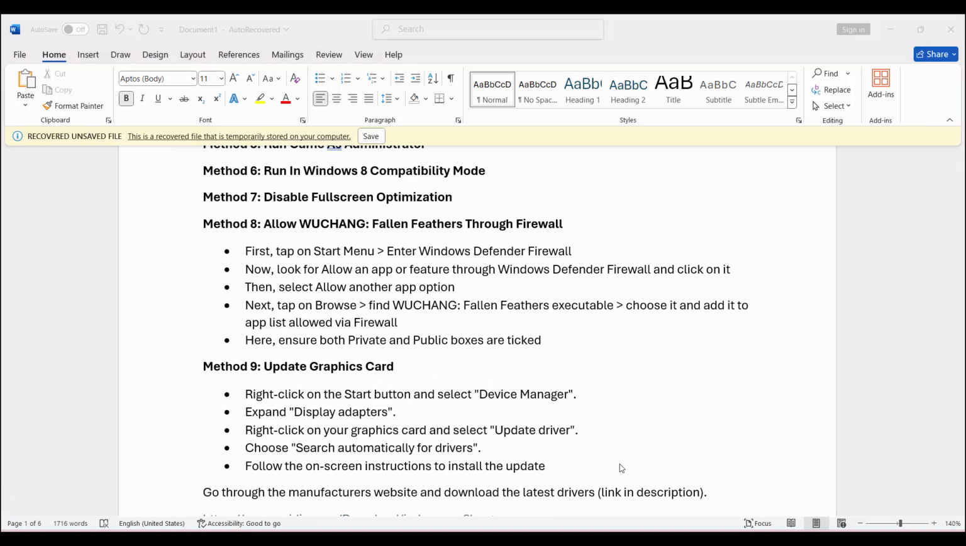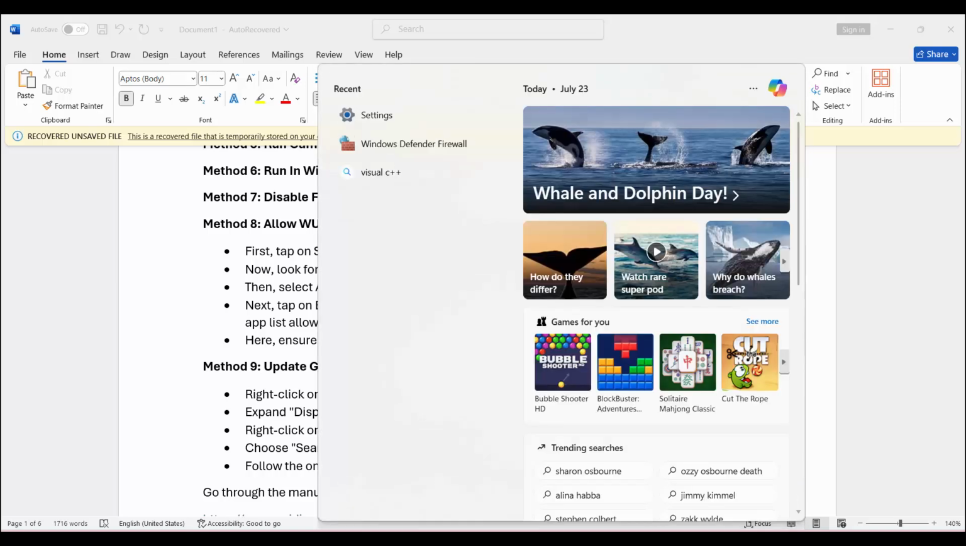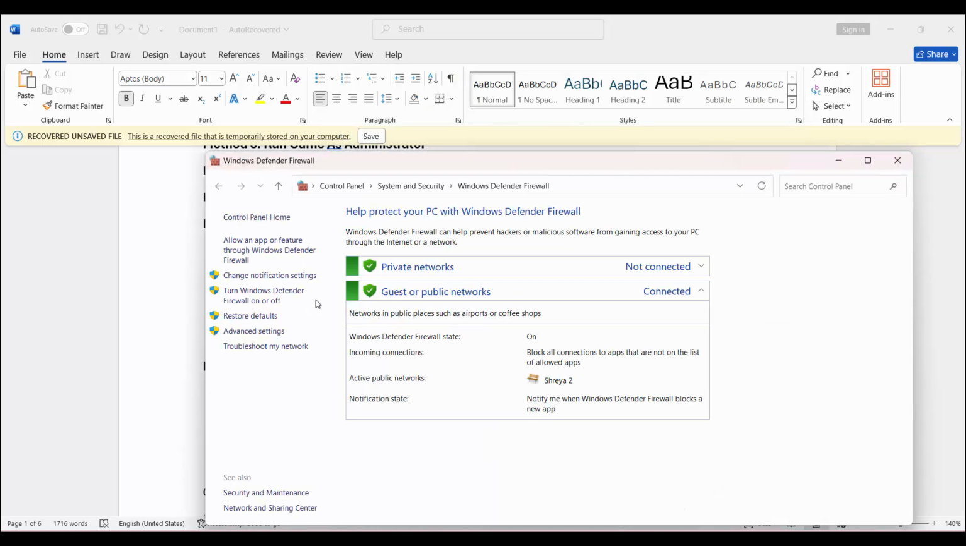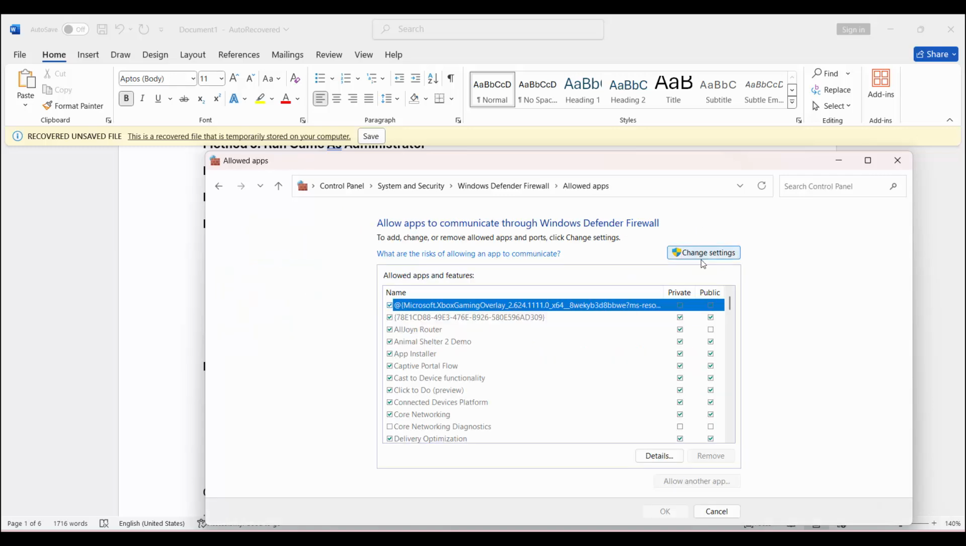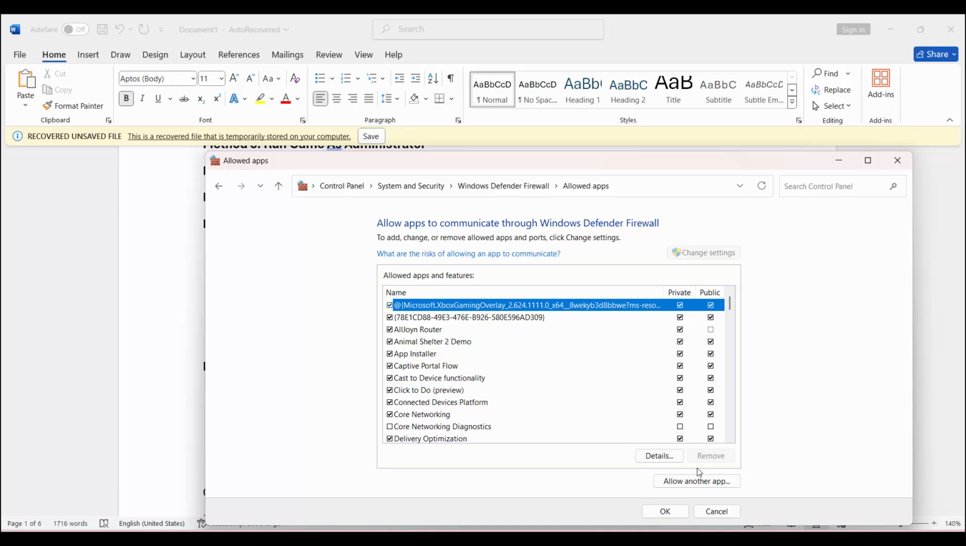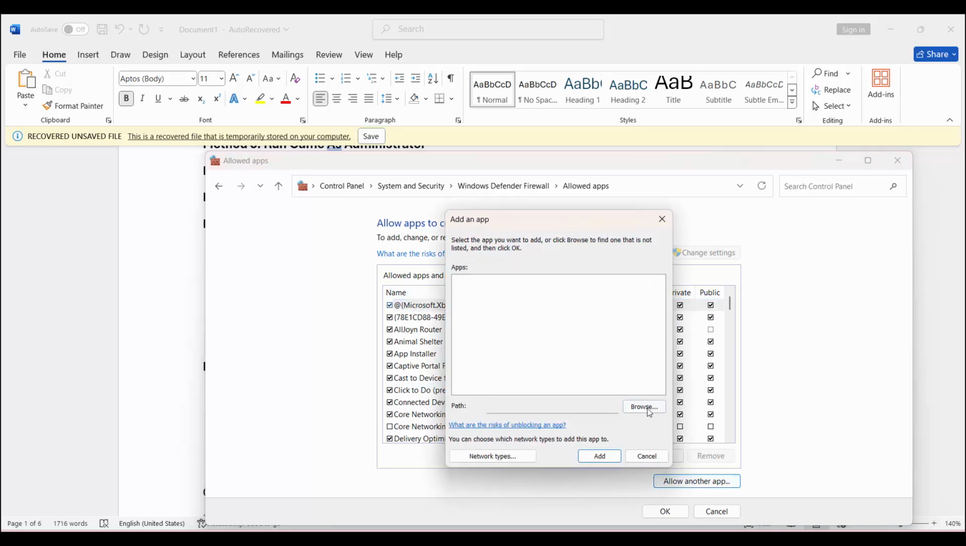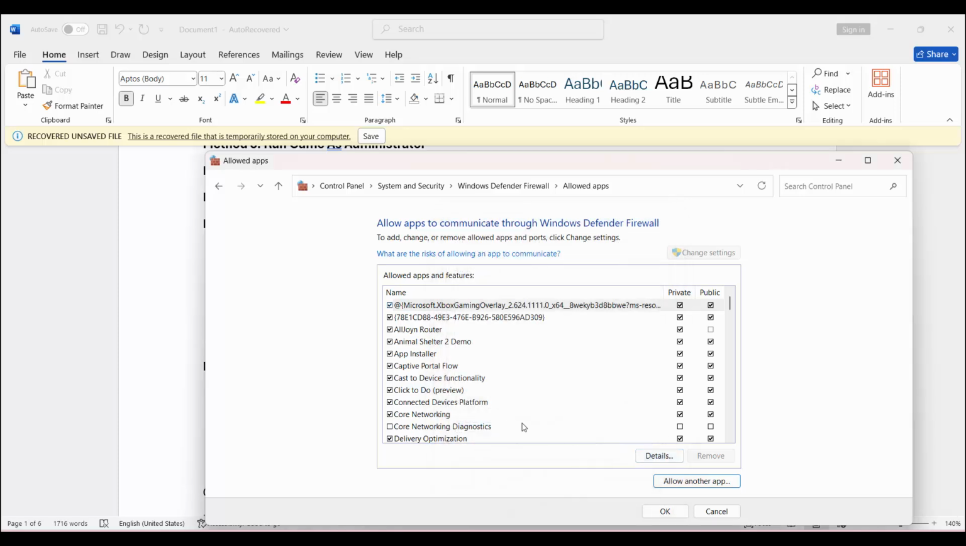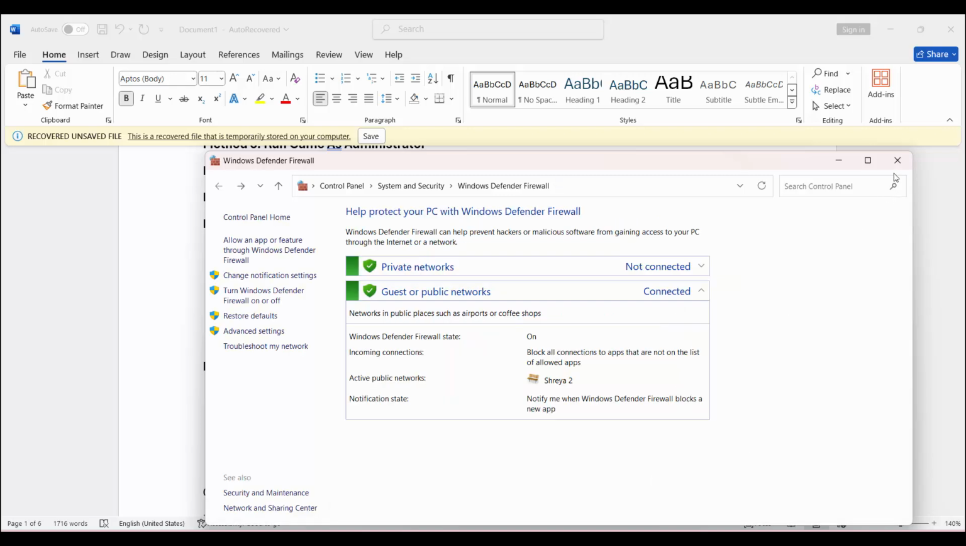The next solution is to allow WUCHANG fallen feathers through firewall. For that, you simply have to go to the search option. Here look for Windows Defender Firewall, then click on allow an app or feature. Here you need to click on change settings and after that check the list for your game. If not listed, simply click on allow another app and then from browse option you can add your game and then click on add. After you find the game here, select it and then make sure to check both the boxes of private and public and then click on OK. After this, check if you can play the game